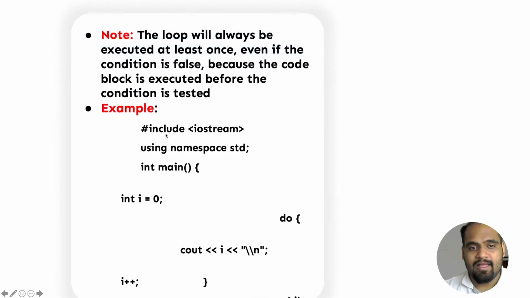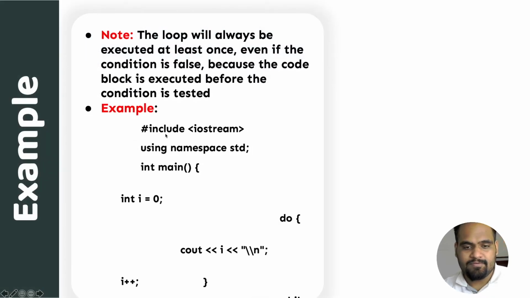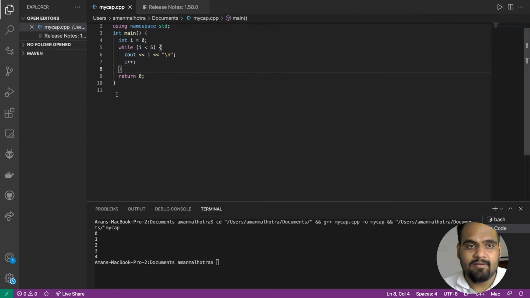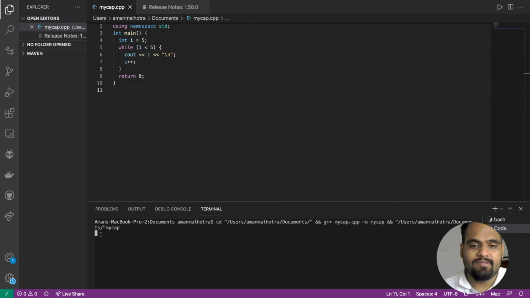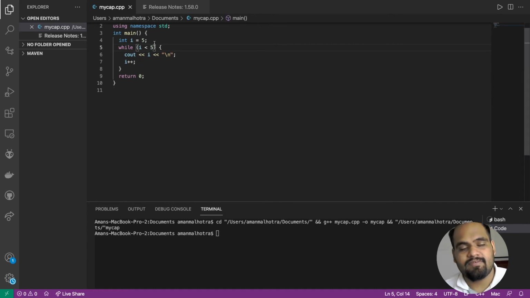Now I have an example over here of this thing. So we are going to follow this example, and firstly I'm going to work on the while example that we had earlier, and I'm going to tell you that this example is not going to function even once. I'll tell you how. If I replace this i with 5 and I save this program and I clear off my terminal by Control K, and run this program, you would see nothing. You would see nothing because there is nothing to be executed. This loop is not going to make any difference even if you have the required condition or not.